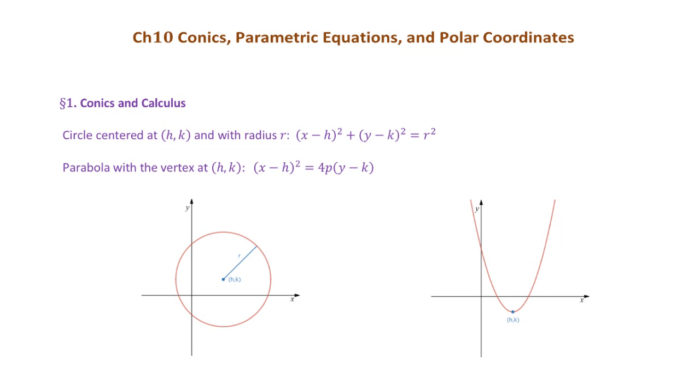Okay, so the first section is called conics and calculus. What it means by conics is the curve you obtain when you cut some 3-dimensional objects. So for example, if you cut a cylinder with a plane, you can get 2 types or even 3 types of curves. The intersection of the plane with the surface of a cylinder. You can get a circle, or you can get